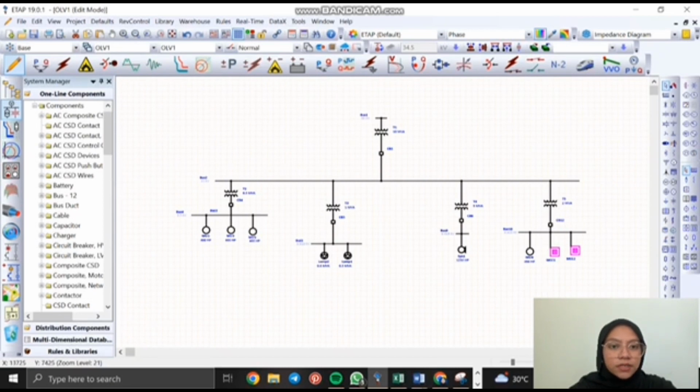I will be explaining to you about our single line diagram. The first one, you can see our transformer from 33 kV, which will be stepped down and goes to the T2, 11 kV. And then from there, it will also be stepped down into 3.3 kV to supply load to 3 motors. And then for T3, the transformer will step down to 0.415 volt to supply load to 2